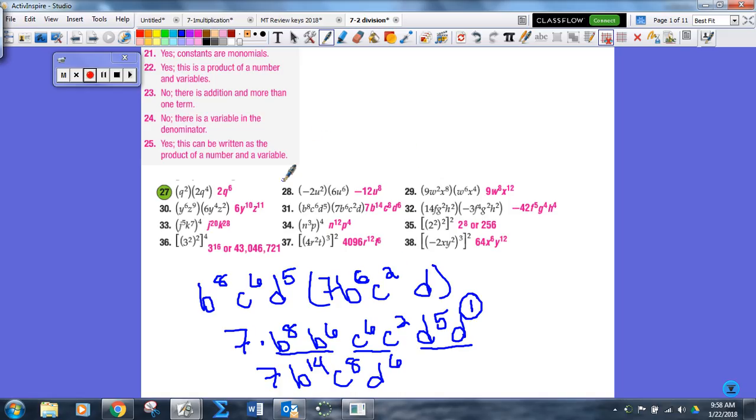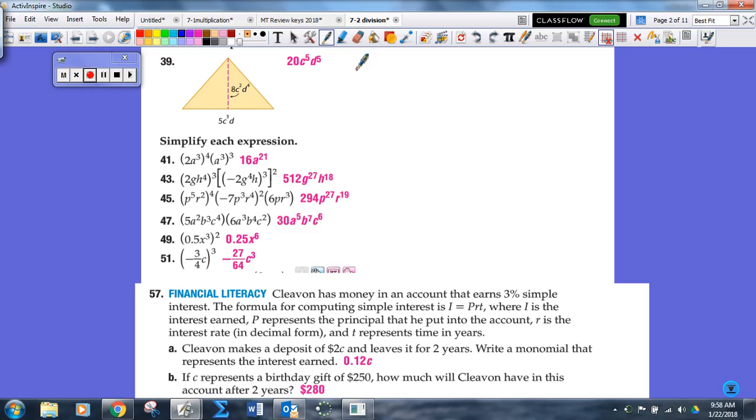Here are all the other answers. If you have questions on the answers, you may ask me tomorrow. Here are the remainder of answers to your homework. Again, like in 43, when we're raising a product to a power, this is a rule we didn't get to review